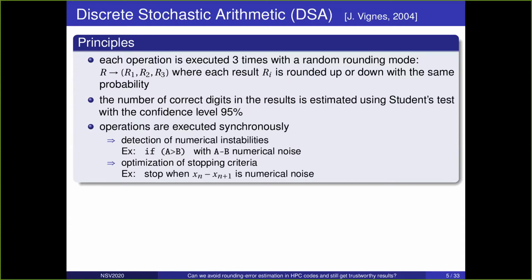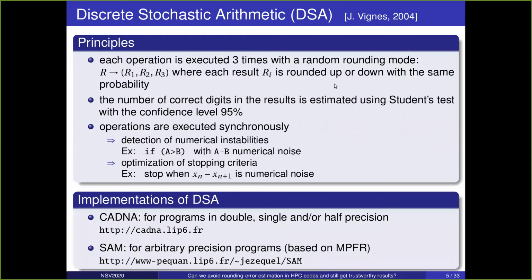For instance, if you have a test with 2 operands, and the difference between these operands is numerical noise, you will be informed. Another advantage is that with such an approach, you are able to optimize stopping criteria. With an iterative process, you can stop when the difference between 2 successive iterates is numerical noise. And this approach is